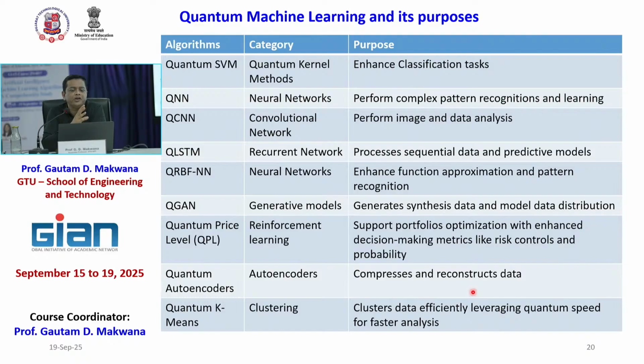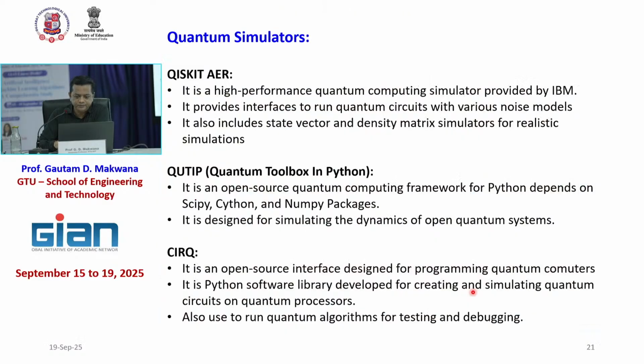So here, the basic idea is that, compared to classical computing facilities, quantum computing will speed up the operations in processing. It will give fast processing with exponential growth. So that is the algorithm, and these are just a few simulators. Quantum simulator, QISKit, Aer, QuTiP Quantum Toolbox in Python, and Cirq.